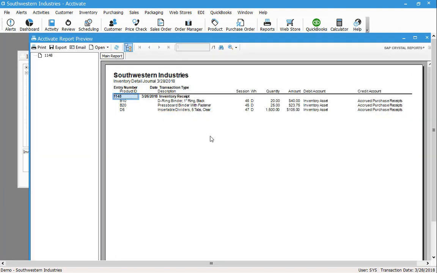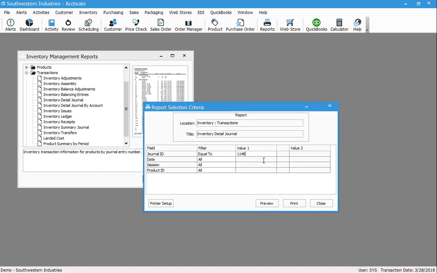Here's a journal 1148, which has inventory receipts. This particular journal happens to contain session 46 and 45 and 47, so 3 different receipts, all on the same date, because they'll batch together based on date. Even if you haven't run a sync in 5 days, it's not going to create one journal record because it has different sessions that hit on different days. So it's obviously batching like transactions by date, and then it shows you where it hits. This is going to add to inventory. We're adding $40 to inventory, $105, and it offsets to the accrued purchase receipts account because this is an inventory receipt type transaction. I can take a look at another journal here,